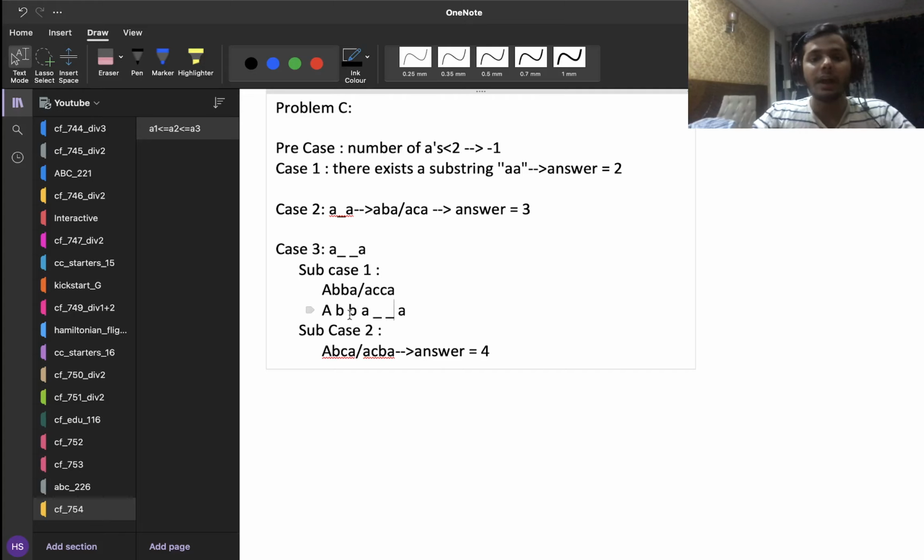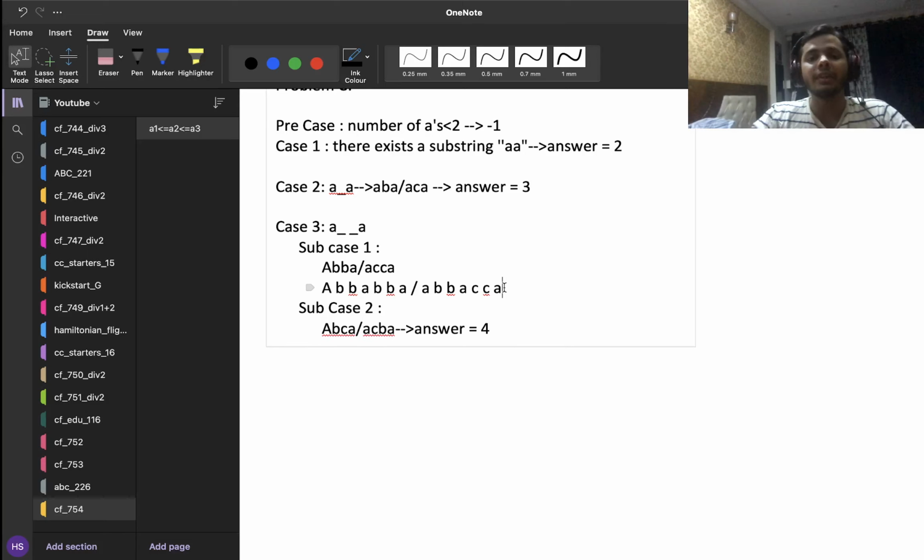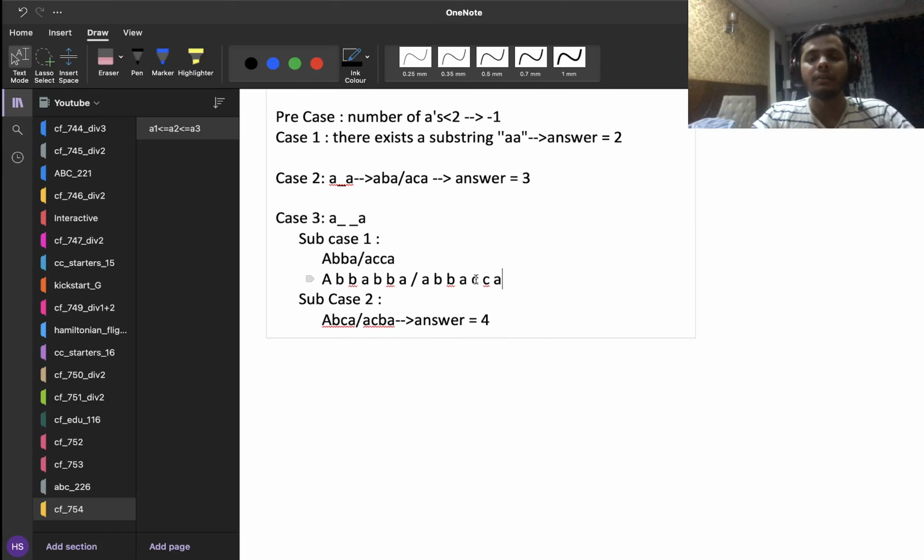Now again I know that these 2 elements are also the same, because if they were not, I would have been in subcase 2 and my answer would have been 4, right? But if these 2 elements are also the same, then there are really 2 other cases. They can either be BBA or CCA, right? So I can either have something like this, ABBA, or I can have something like this, ACCA. And clearly here I can see that this first substring is bad for me and this second substring is good, because the number of occurrences of A here is 3 and those of B and C are just 2.